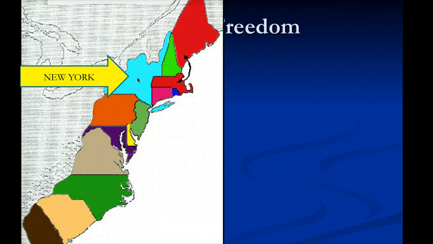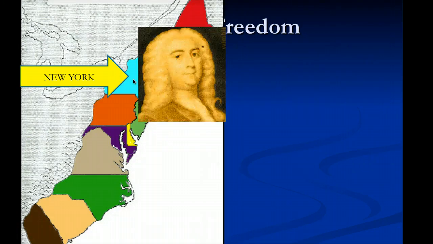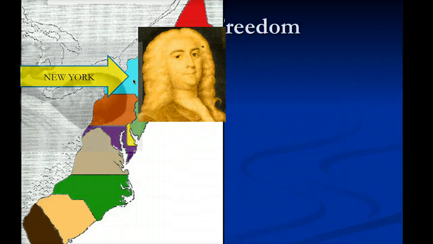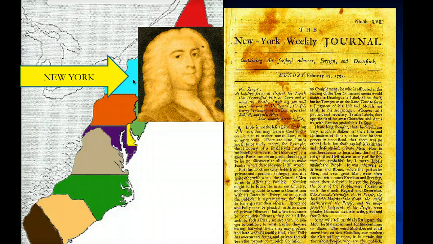So his royal governors were there to watch them, and these royal governors were not law-abiding men. They took advantage of the colonists. They stole money. They took tax money. So one particular instance dealt with the governor of New York. His name was William Cosby, and I always remember his name because I grew up watching Bill Cosby. But William Cosby was stealing money and funds from the taxpayers of New York, and this was published in a newspaper which was owned and circulated by a German immigrant known as John Peter Zenger.